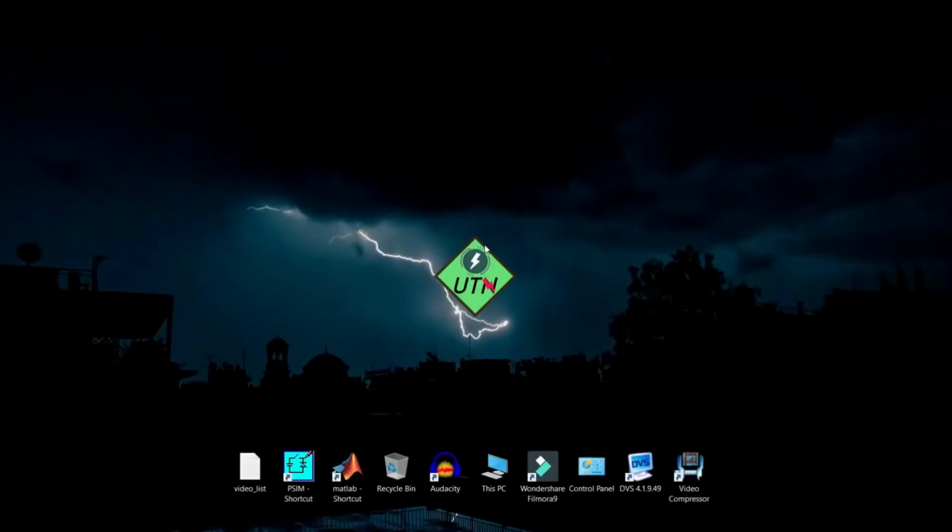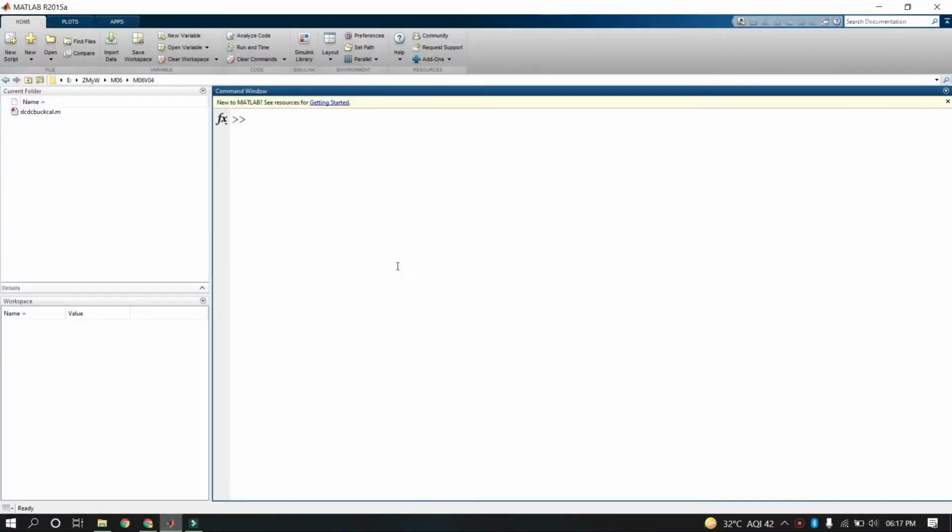Okay guys, so basically we want to start MATLAB. By double clicking on MATLAB you can start it. Once you open MATLAB, an interface like this will come onto your screen. If you want to know what this interface is and how to start with MATLAB, don't worry guys, I have made a detailed video on MATLAB. By clicking on the I button you can watch those videos and learn about MATLAB. If you are familiar with MATLAB, now let's start.